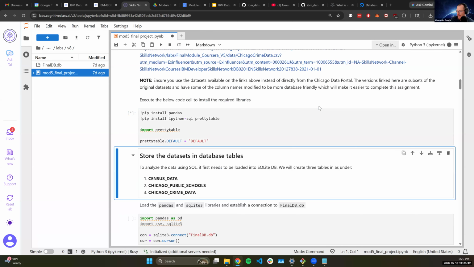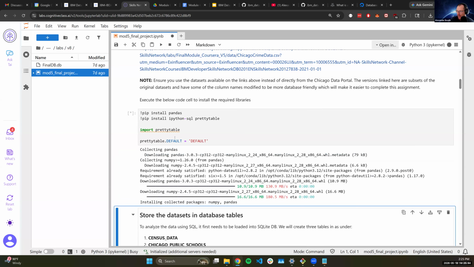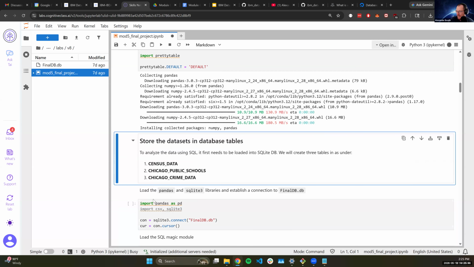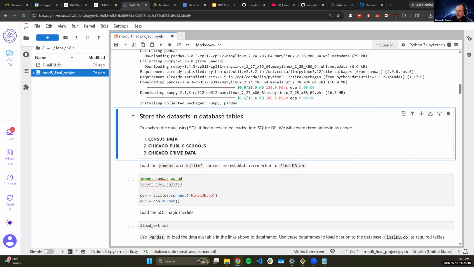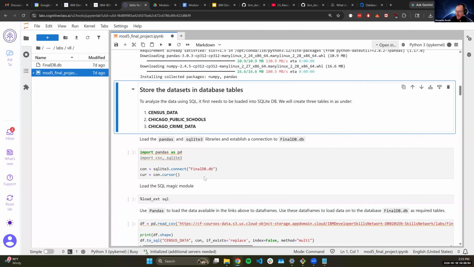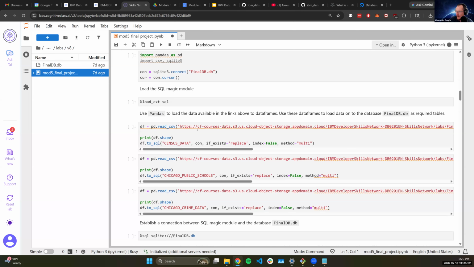The first thing we're going to do is make sure we have all of our libraries and settings and everything needed. Then we're going to go into downloading our data, or reading it into a data frame, and then writing it out to a database. So this is a very rudimentary extract, transform, load of data into our database.